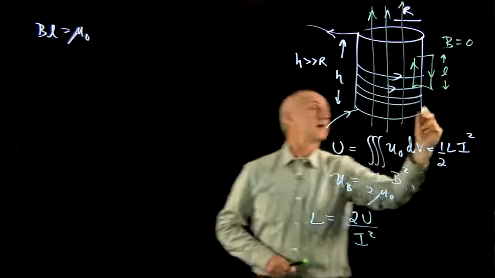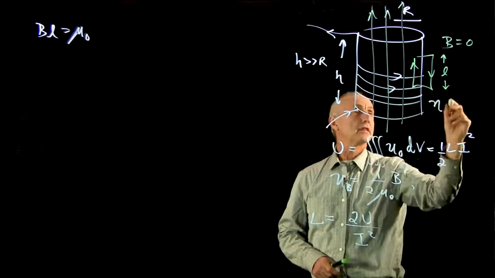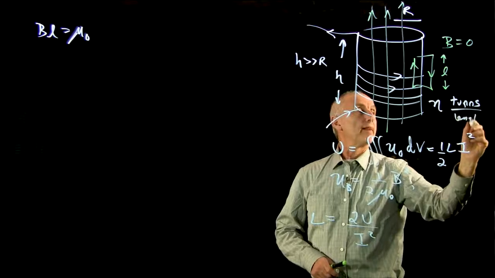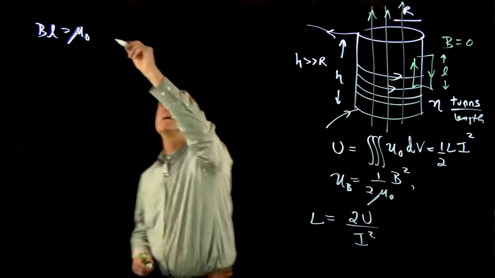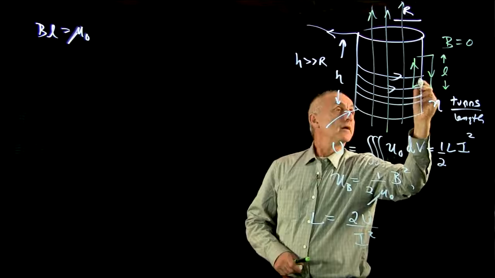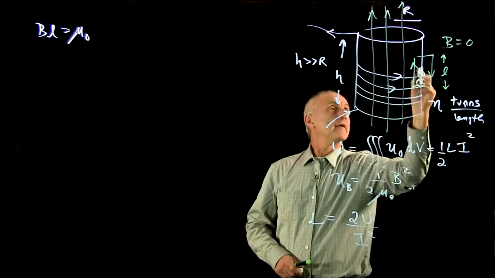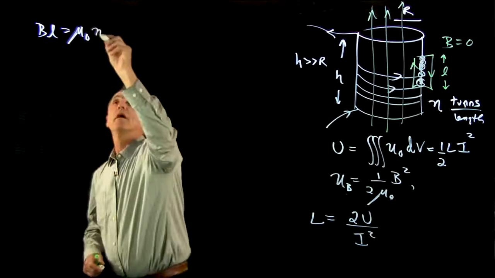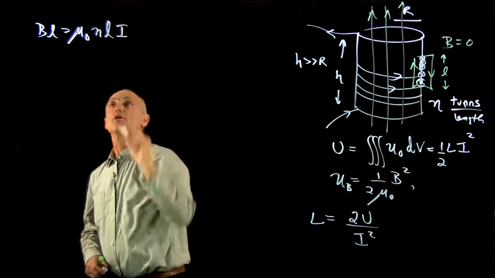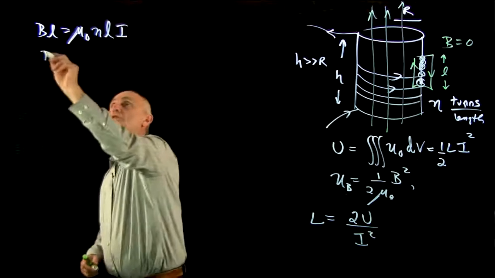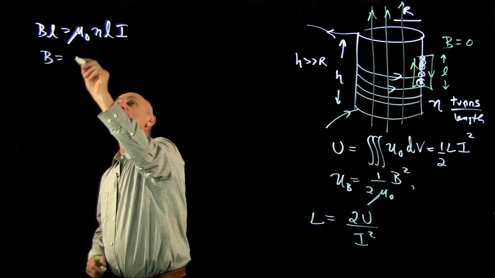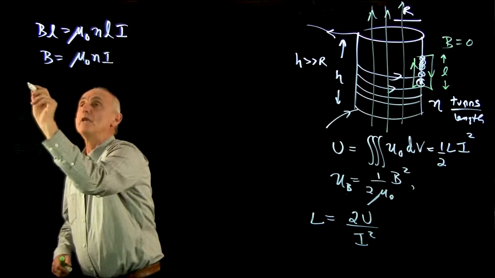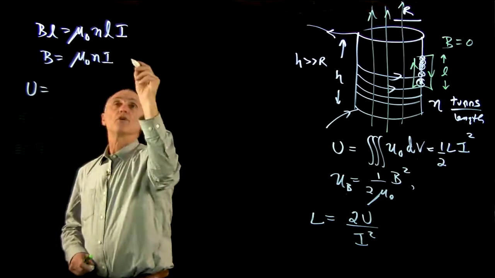Now, again, we have to indicate the number of turns per unit length, and the amount of current that cuts through is just the number of turns per unit length times the length of the Amperian loop times the current in each one, and that shows us that B is mu naught n I. And so our energy, this is uniform,